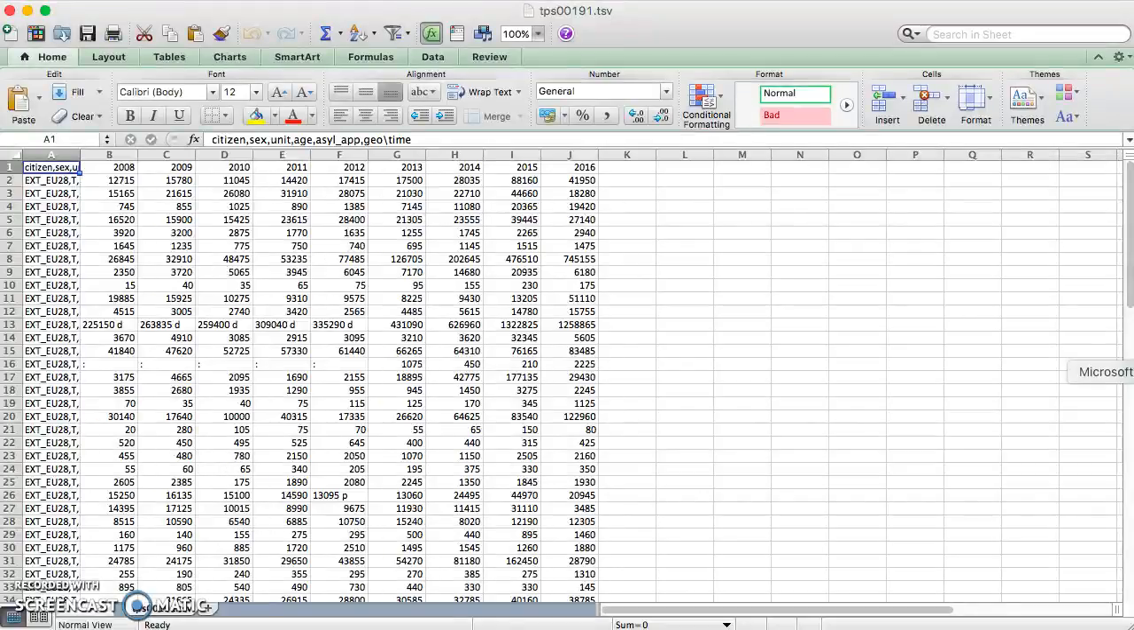So if I look at this, I see that the top left description says citizen, sex, unit, age, asylum application, geo/time. Okay, so up here we can see that we clearly have years. And if we go down the rows here, we see EU 28, T, which I'm not sure the name of, P is persons, I'm fairly certain, total. In other words, if we look back at this and it says the age, the value they put in for age is total, as in the total number of asylum applicants. And